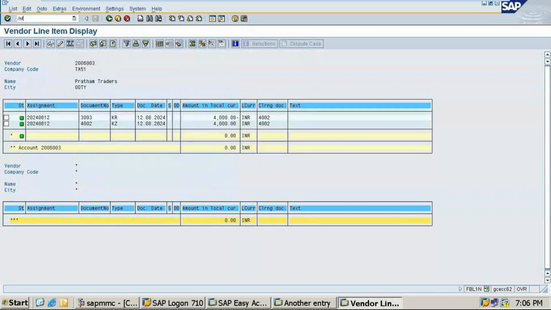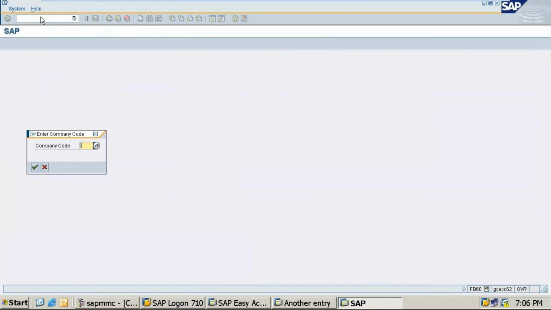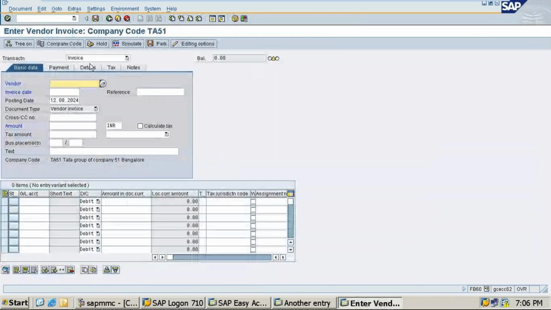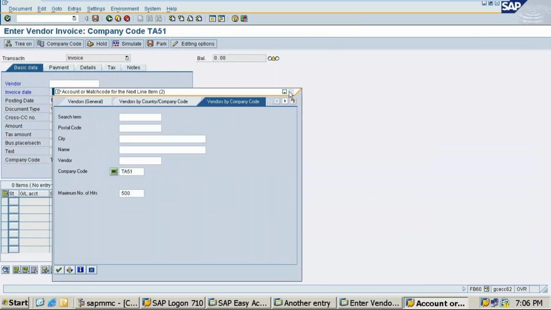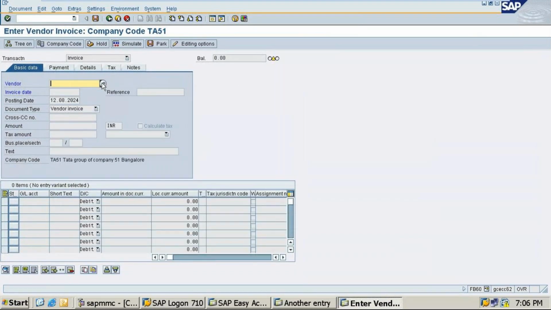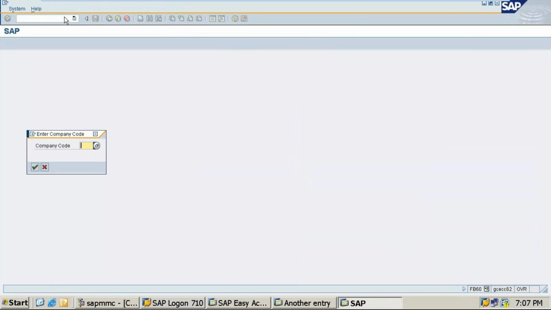Same way you do for that items also. Have you created one more time?